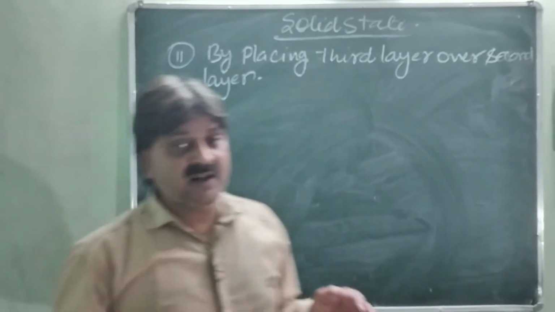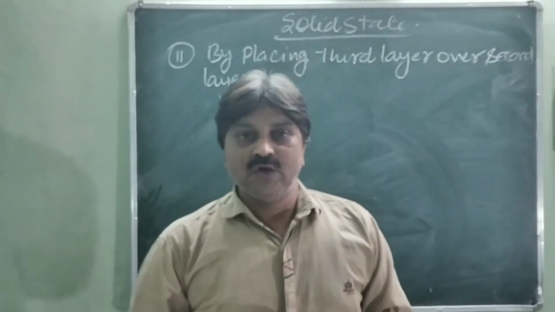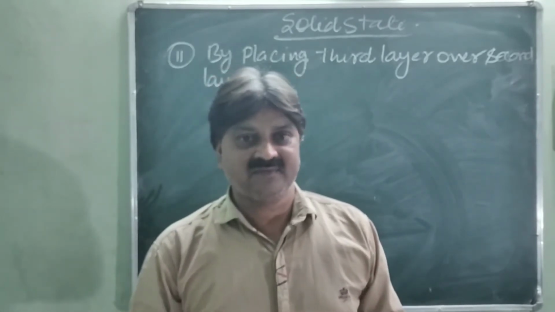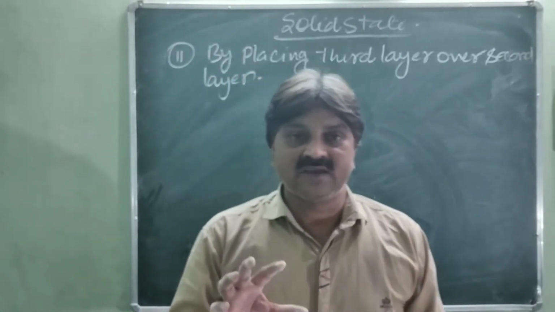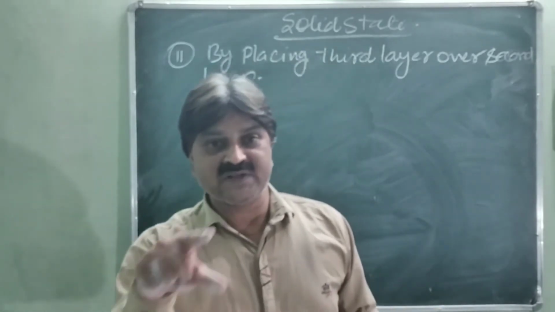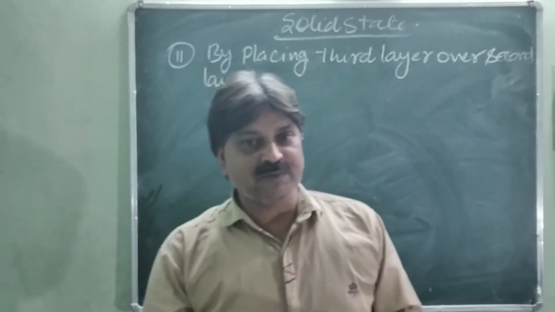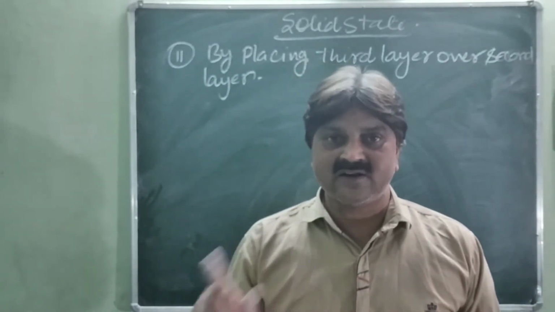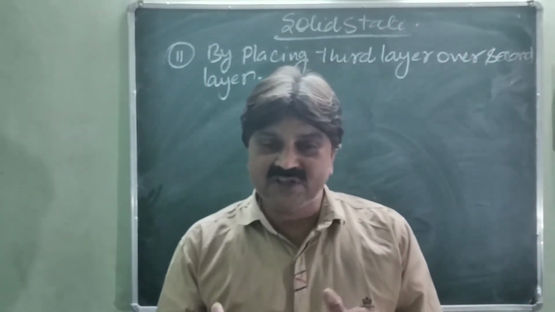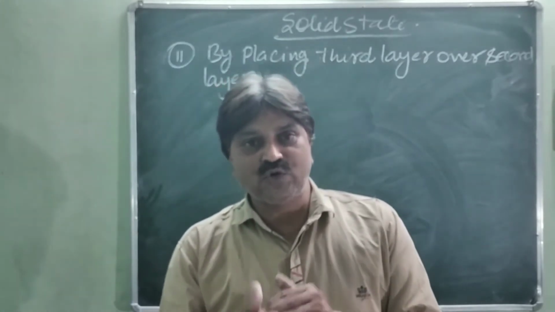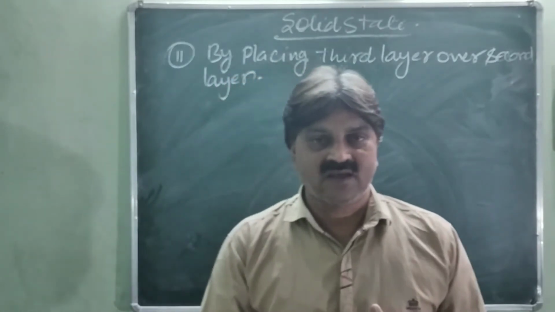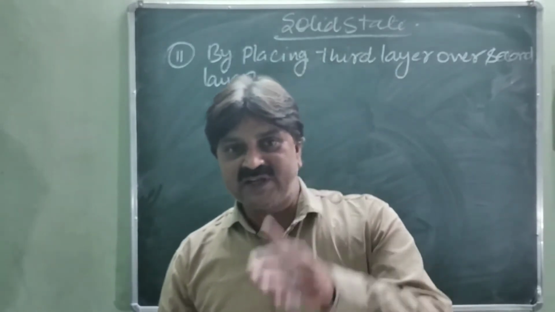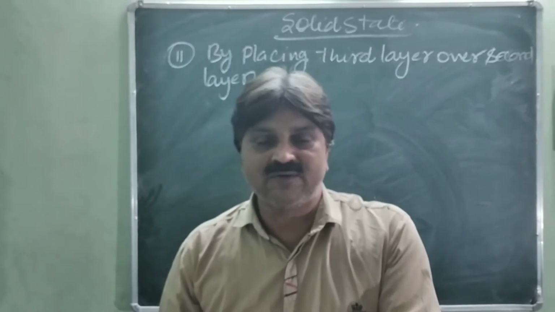Listen carefully. We have completed the placing of the second layer over the first layer, where 2 types of vacancy were created, tetrahedral and octahedral voids. Now we place the third layer over the second layer. So there are 2 types of structure created. In the first case, whenever the third layer is placed over the second layer, it covers the tetrahedral voids of the first layer,